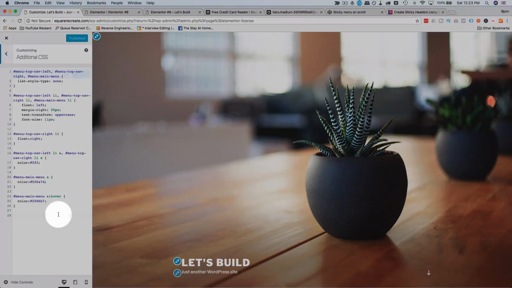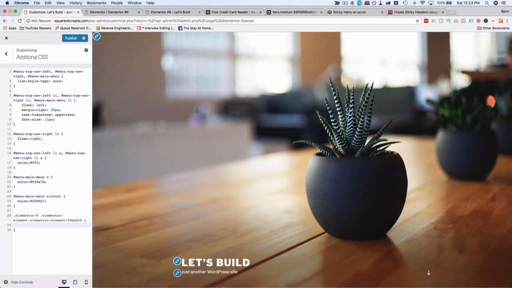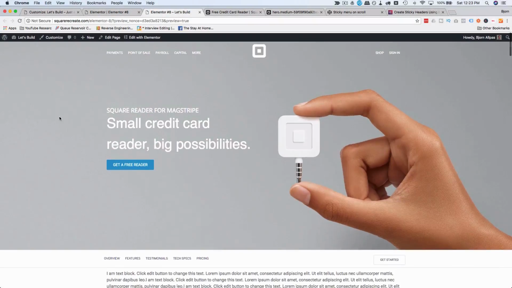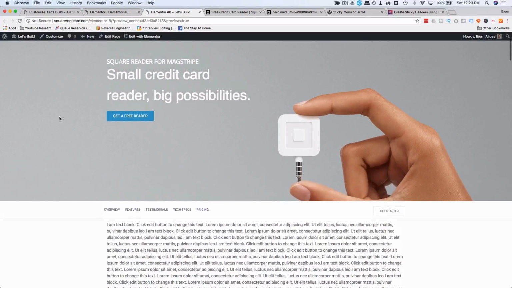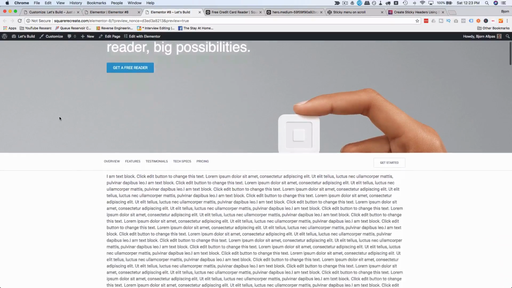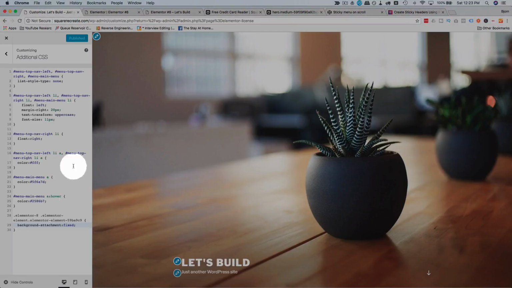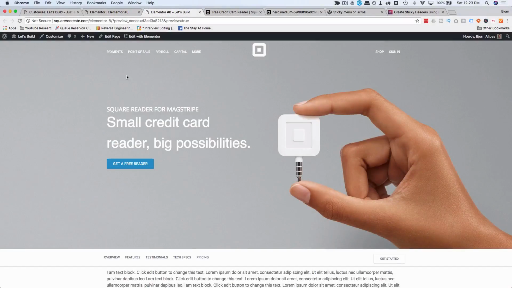Put it into our CSS here, open and close the curly brackets, and add a background attachment parameter of fixed. Publish, refresh, close this, inspector. And now, look at that. That's a parallax background right there. That's literally how easy parallax is. It's this one rule. It only works on background images, but that's how you do parallax outside of Elementor Pro,